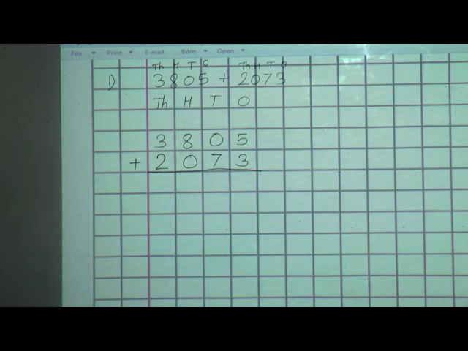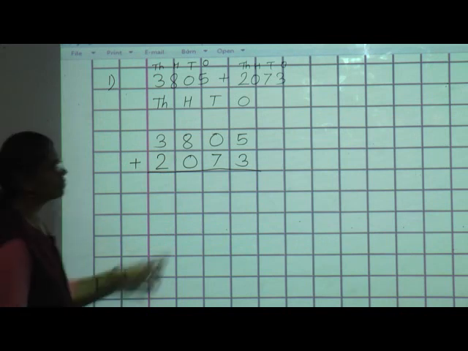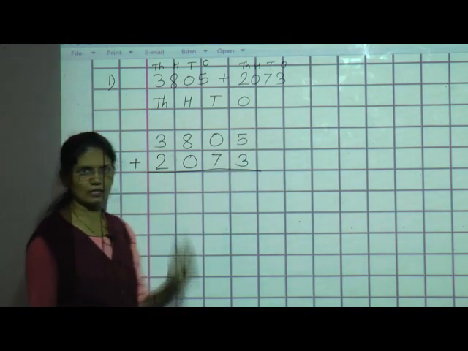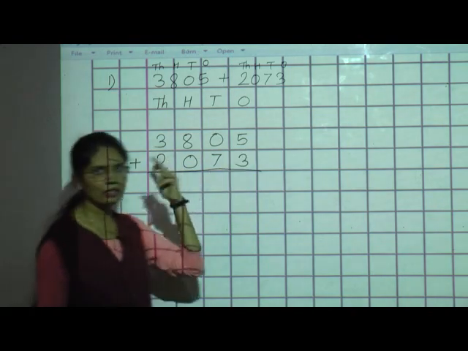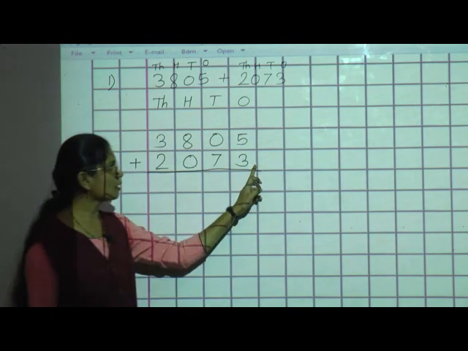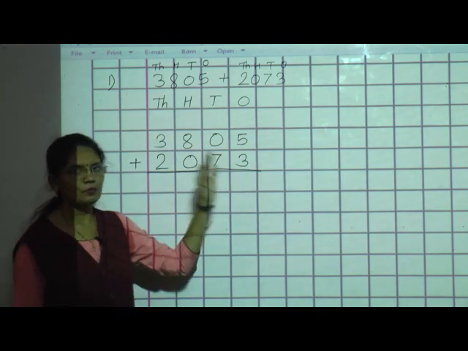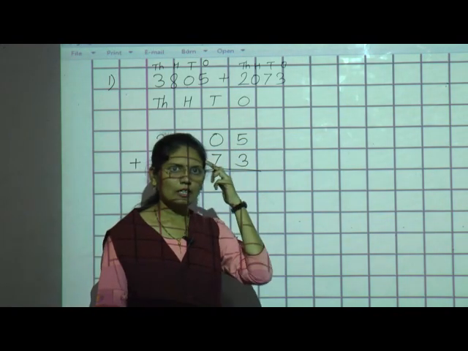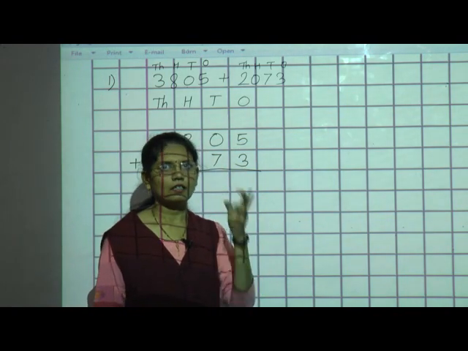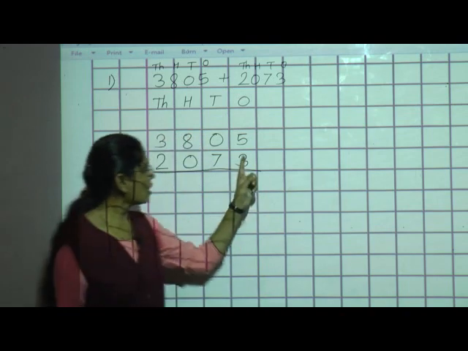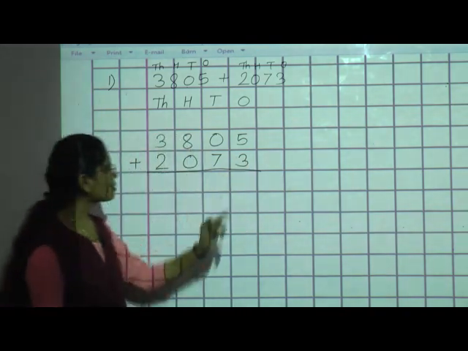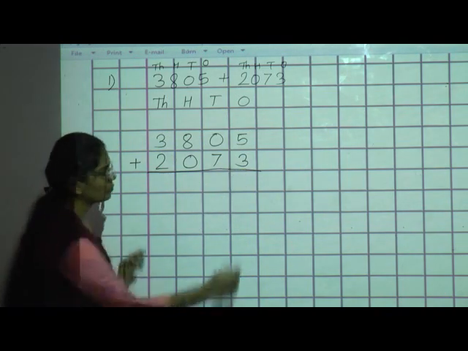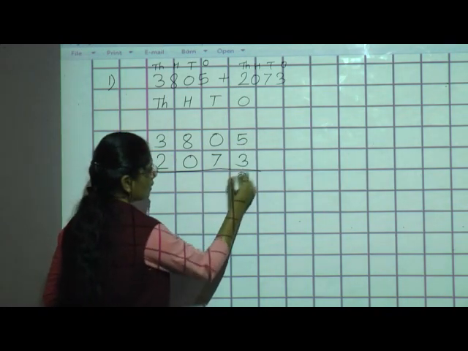Now see the ones place numbers. At ones place here 5 ones plus 3 ones are there. So do the addition, 5 plus 3. Keep this 5 in your mind. The other number is 3 ones, so take 3 on your fingers. In your mind which number is there? Yes, in your mind 5 is there. So after 5 count your 3 fingers: 6, 7, 8. So how many ones are there? Total 5 plus 3, 8.